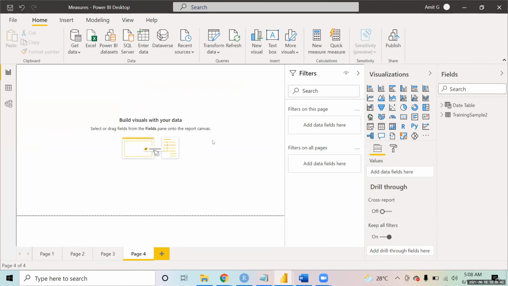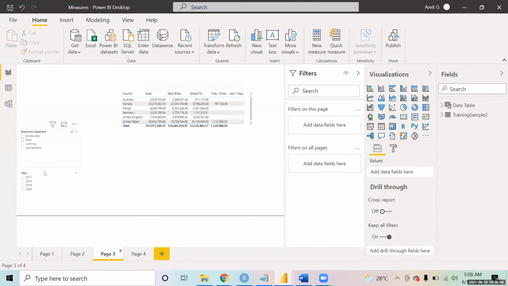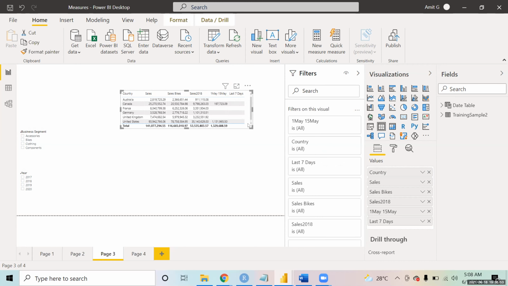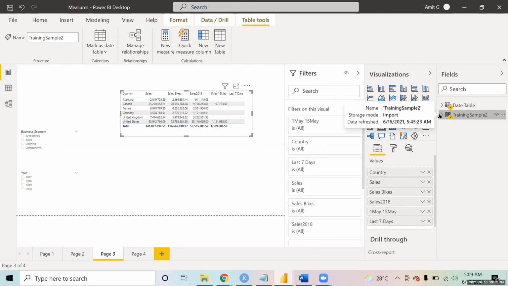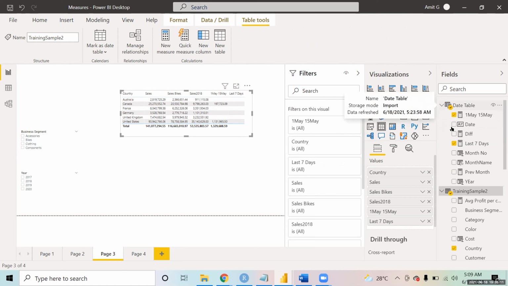Okay. Now, what we will do over here is continue from yesterday, where we had started off with time intelligence. We were exploring some of the functions, like DATESBETWEEN, and we were trying to understand the last 7 days. So this was something that we had seen yesterday, and we had made a date table. I hope the concepts up till here are clear to all of you. What is a date table and how do we create it?